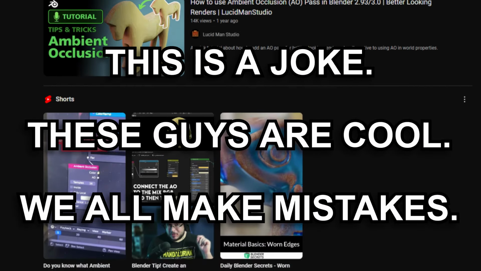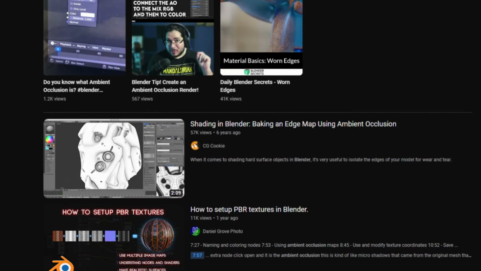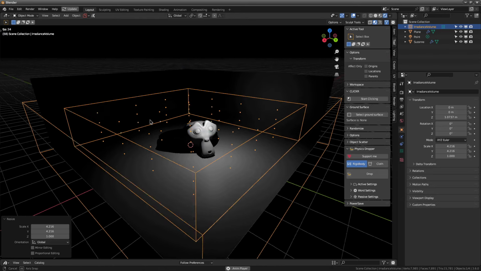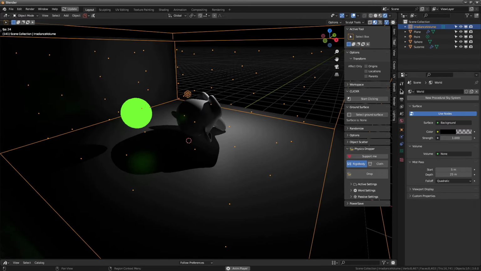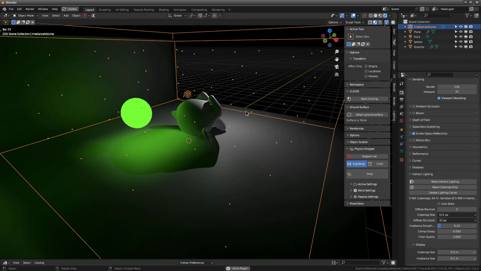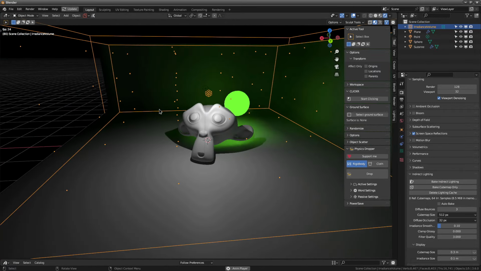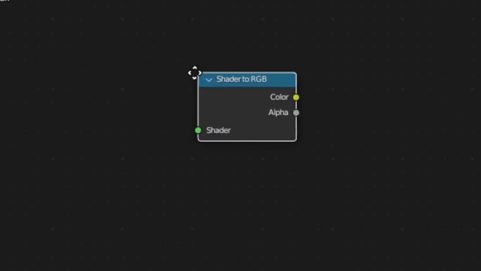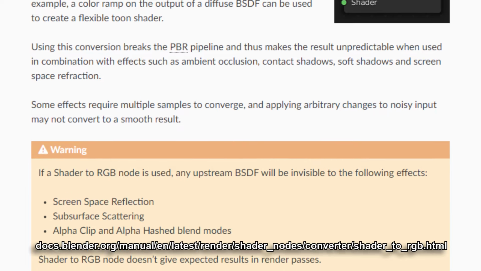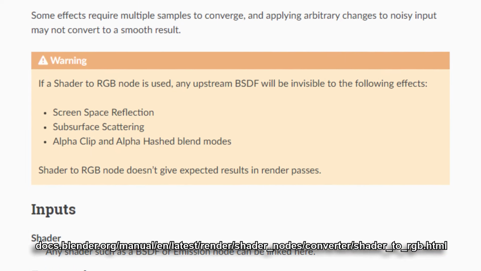Well, ironically enough, we use a tool most commonly used for non-realistic materials. See, Eevee is more performant for rendering than Cycles because it's raster-based rather than path-traced. A lot of the detail is being faked like in most game engines, with many of the same limitations. However, it does have one thing that Cycles does not: Shader to RGB. Most people will tell you that Shader to RGB is for creating toon shaders, and while that is what it's primarily used for, that's not all it does.